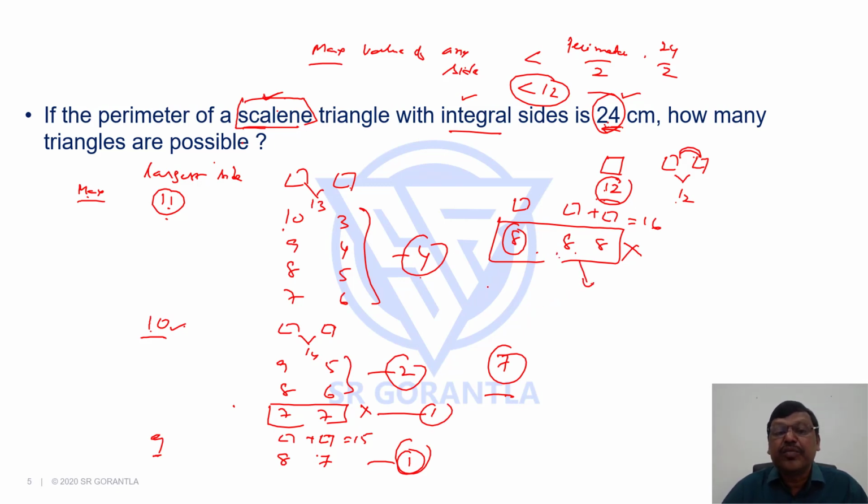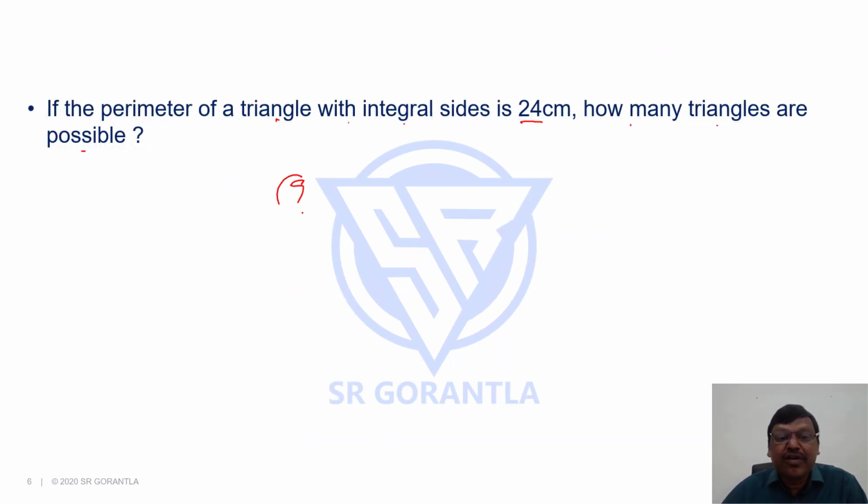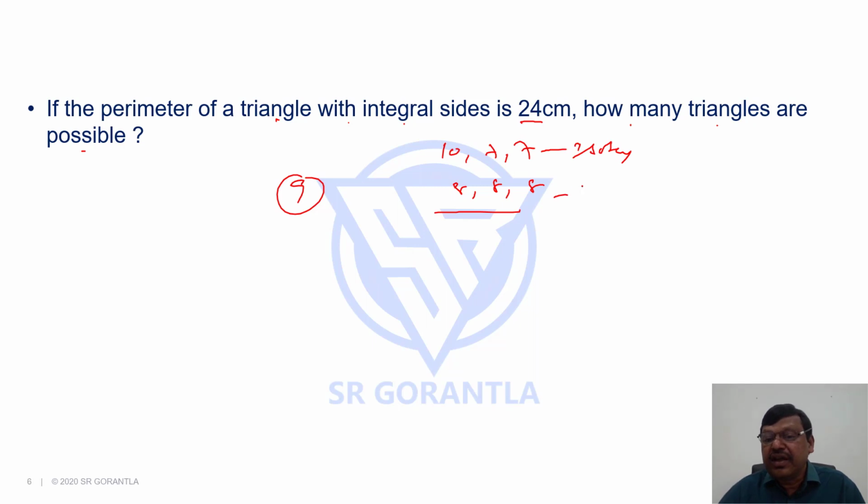Earlier, how many triangles were possible? Your answer was 7. 4 plus 2 plus 1, 7 was possible. Now this 1 and this 1, 2 more are possible. So my answer could have been 9, because other than what we have considered before, we can also consider 10, 7, 7 and 8, 8, 8. So 2 more, 1 isosceles triangle and 1 equilateral triangle, are also possible with perimeter 24. Hence my answer is 9 possible cases, right?